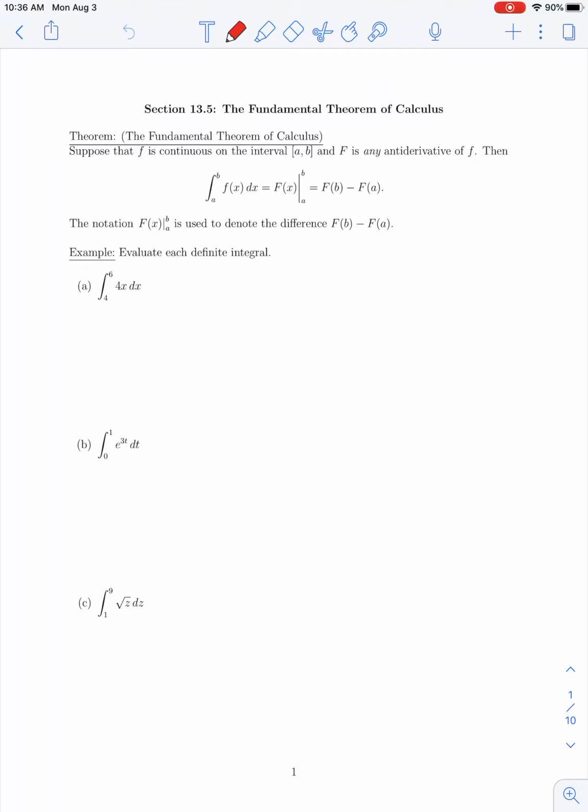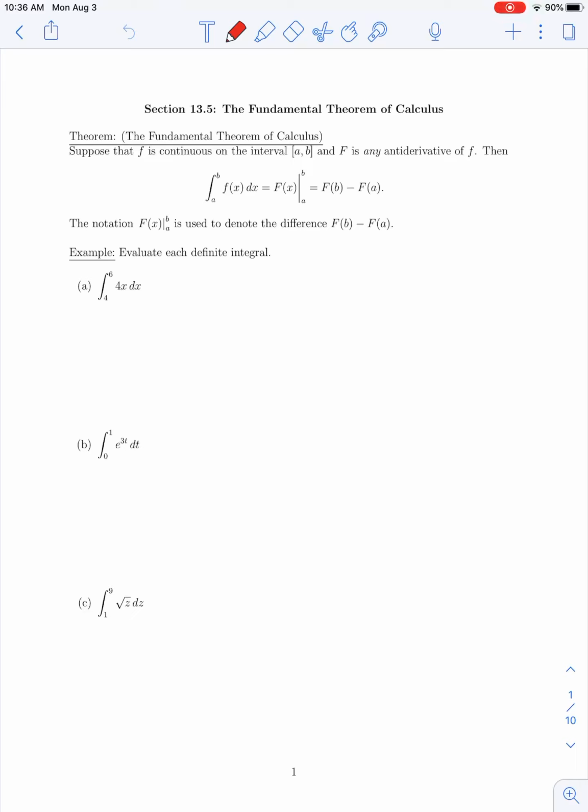Okay, in today's lecture we're going to cover our section 13.5 material on the fundamental theorem of calculus. So recall in our last section we had introduced the idea of a definite integral, which represents the area underneath the graph of a function over some x interval. And we saw that the definite integral can be defined as the limit of a Riemann